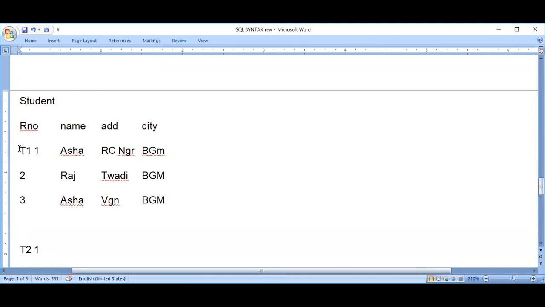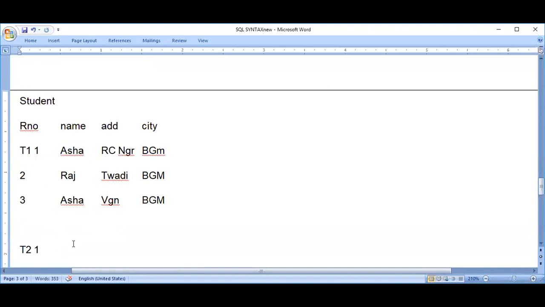So when Asmita ma'am comes with T1, that is roll number 1, and I also come with another tuple with roll number 1, what will be the details of my tuple here? Same, because I am also going to refer to roll number 1. So the details must be same.